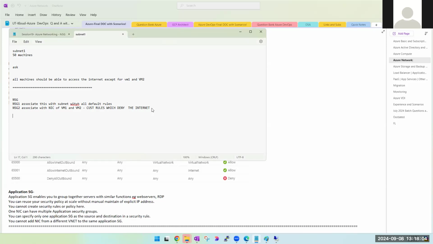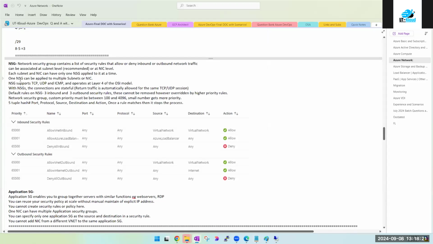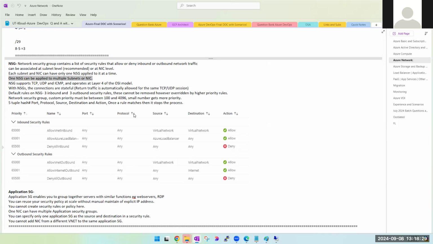Sohail bhai, NSG 2 cannot be applied to two VMs, na? Yes. Why do we have to create NSG 3 as well, separate for VM1 and separate for VM2? Why? What is the first rule we learned? One NSG can be applied to multiple subnets and NICs. Then why should I create it? Okay, I thought I forgot this. Got it? Yes, yes.